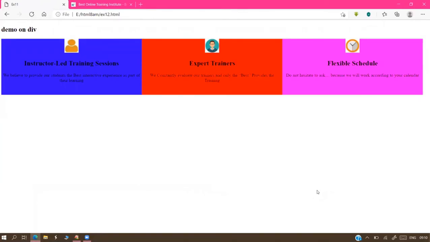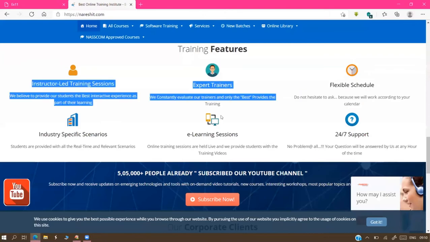Three boxes come with three different appearances. All boxes are coming with attachments, sir. Yes, we can provide the gap also. Producing a gap is possible. For that, margin settings are available in CSS. You can produce the gap from one box to another box. For that, margins are available. When applying the margins, we'll get the gap.